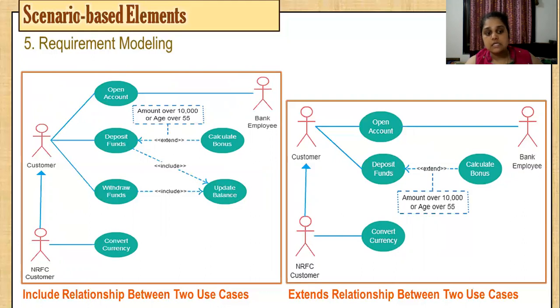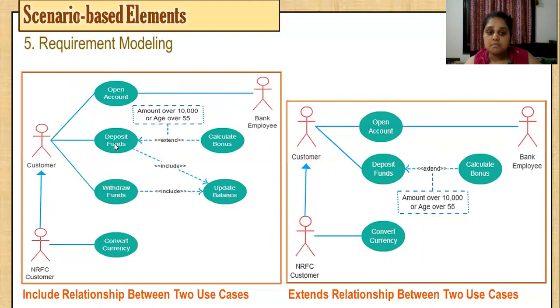And next is include. Include means you are making it a part of. So this is a customer, which is your superclass. This is your subclass, convert currency. This much part you don't have to deal with. In this, the customer can open the account, deposit funds, and withdraw funds.